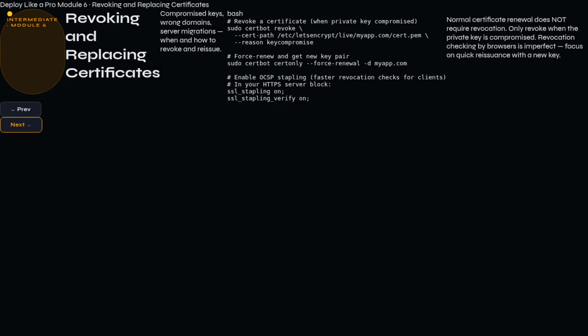OCSP stapling. You can configure Nginx to staple the OCSP response to the TLS handshake, saving clients from making a separate request to check revocation. This improves both performance and privacy. Add to your HTTPS server block: ssl_stapling on; ssl_stapling_verify on;